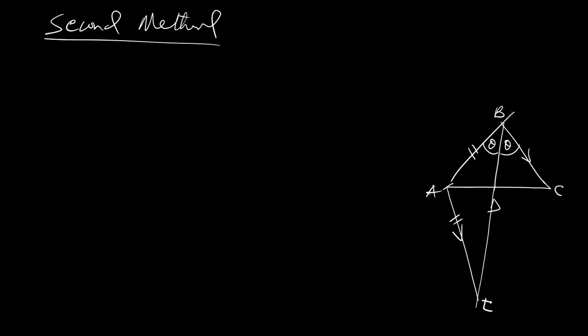Now let's call this E. Now this angle here is equal to this angle. Let me call it alpha. Then since this angle is parallel to this angle, then this angle here, which is beta, is equal to this angle here, beta. Now let me just explain it. Since BC is parallel to AE,